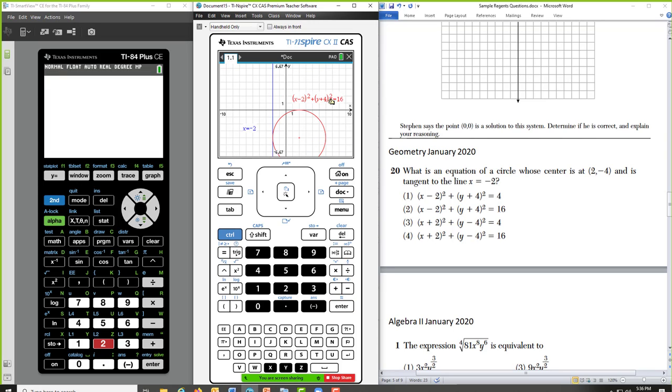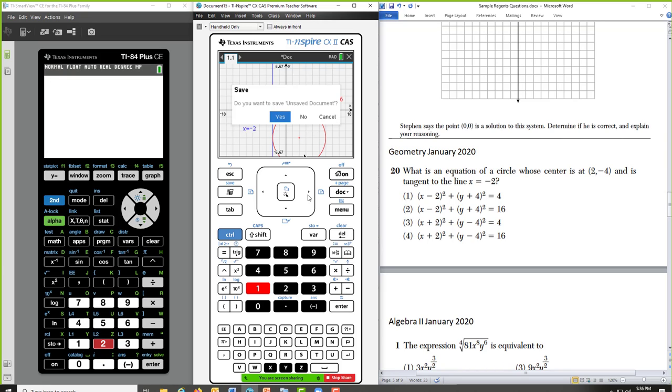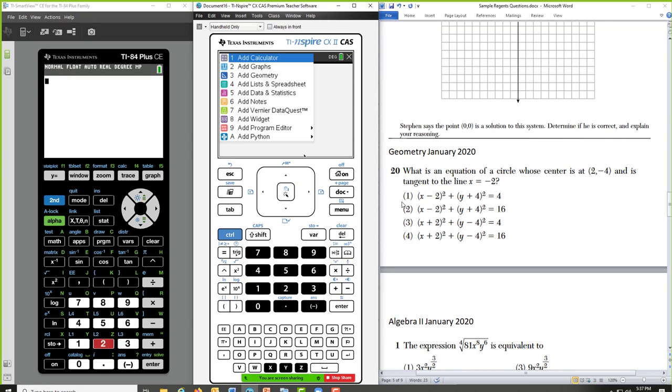Now, those who've used 83s and 84s, you could get this y equals, and then you'd have to graph the y in y2, the other half, but it's always been missing the muffin tops, if you will, where those connect. I mean, you could do it. It's just really nice on the new technology. I try to play fair on both sides.